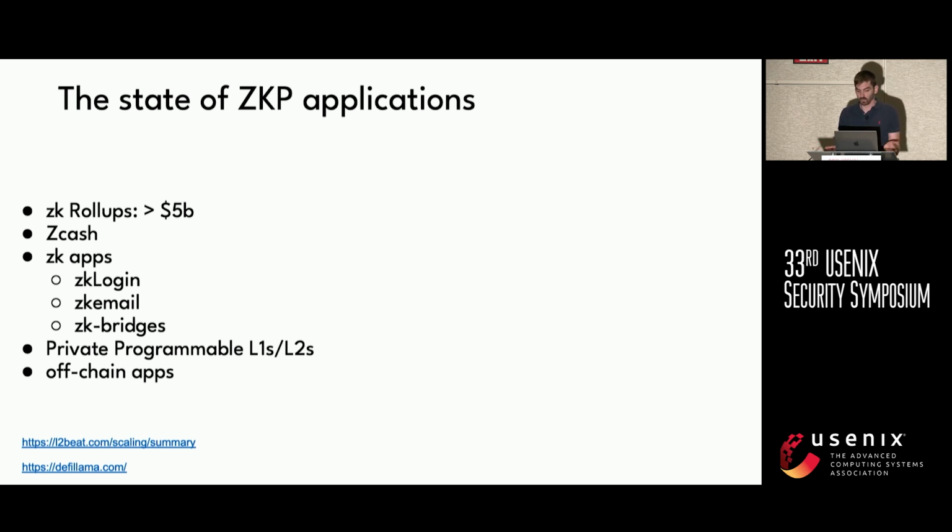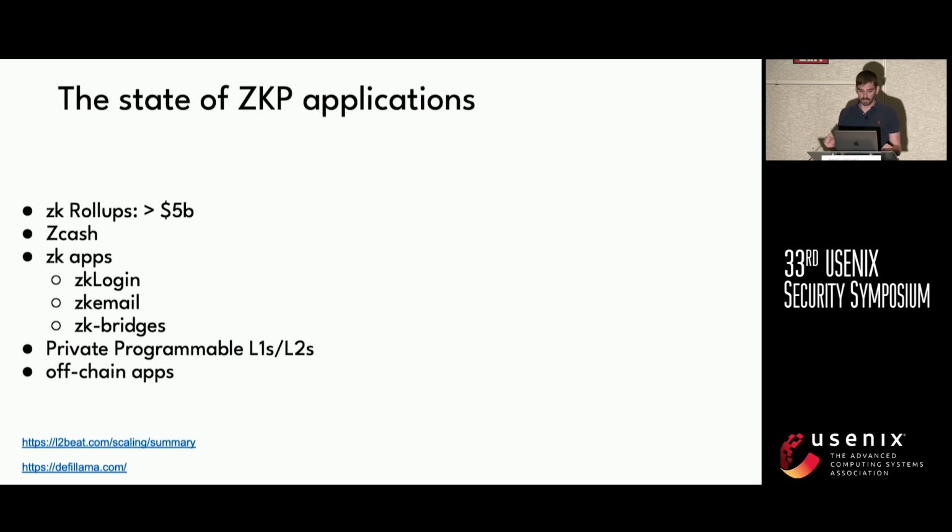The layer 2 nodes get the transactions, batch them together in a single batch, and then produce a proof of correct execution for those transactions, and then submit that proof to an L1, which verifies the correctness of the execution. And currently, ZK rollups handle more than $5 billion,